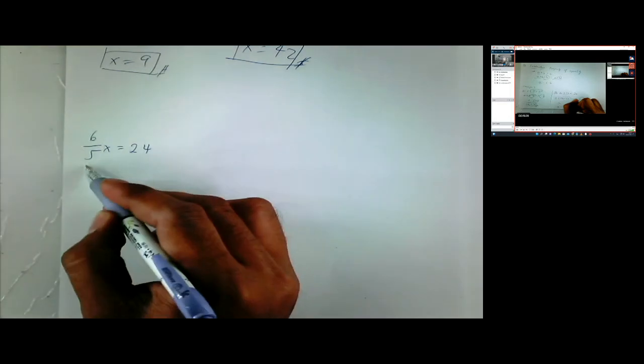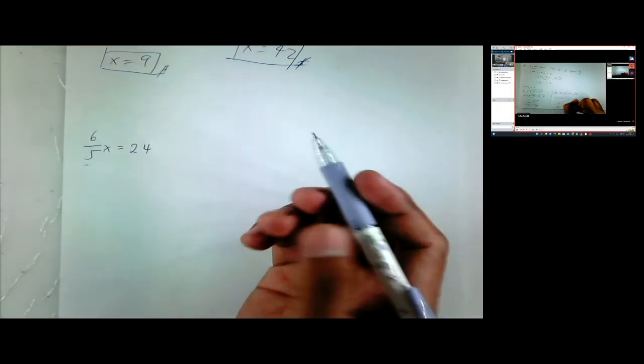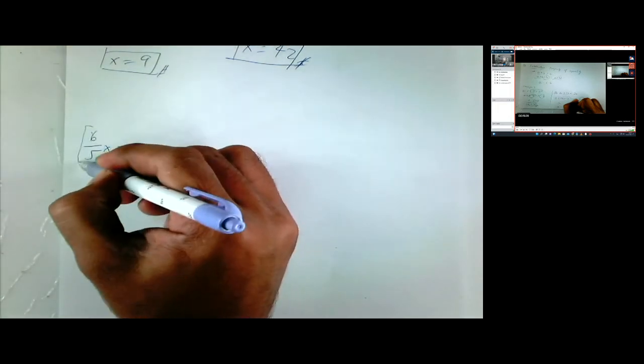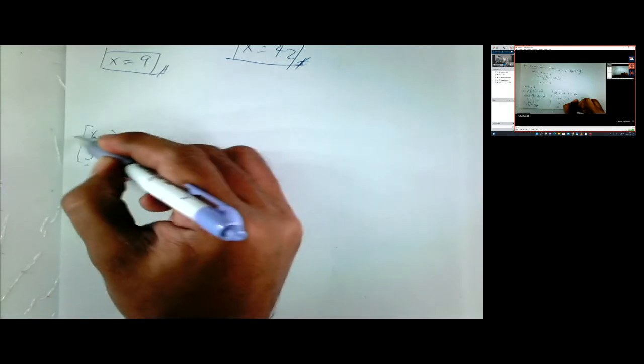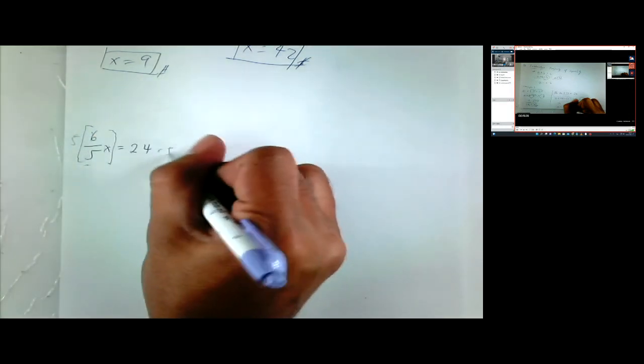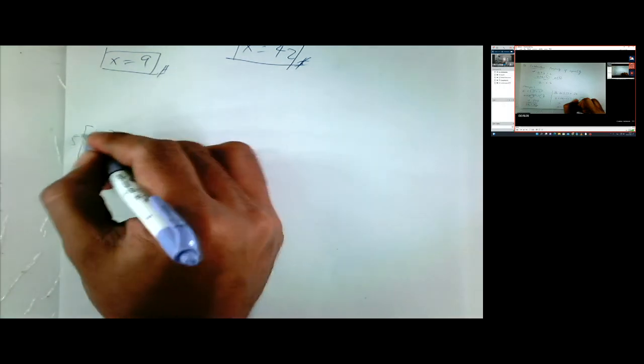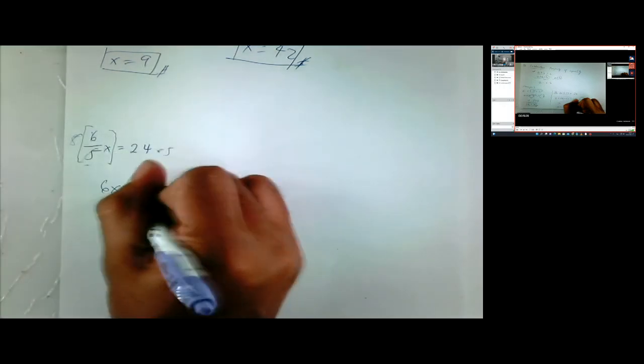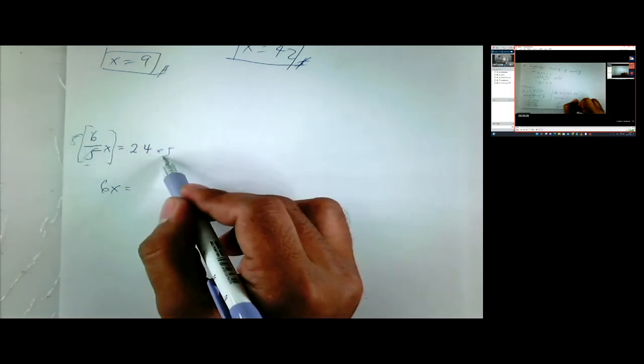Okay, 6 over 5x is equal to 24. Now, I told you if there is a denominator, you can always multiply by 5. Since the denominator is 5, you can multiply by 5. And if you multiply this by 5, you also need to multiply this by 5. And so you will have 6 times x is 6x, and 24 times 5 is